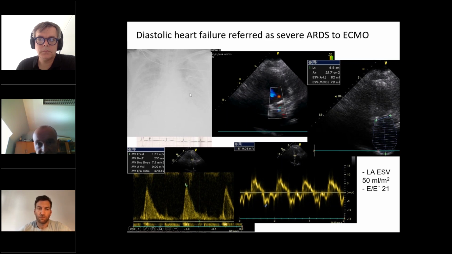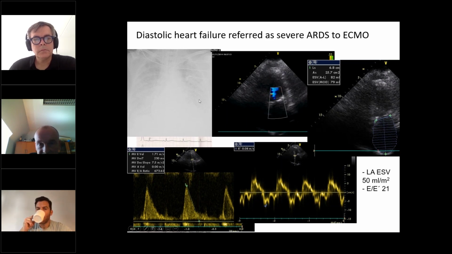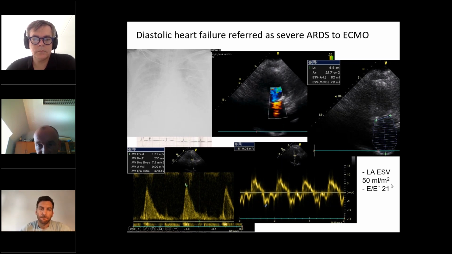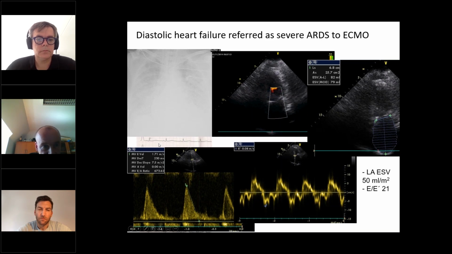For a lady of that size, that represents a significant dilatation, 50 mils per meter of body surface area. And when we looked at the transmitral Doppler, surprisingly, there is just an early filling with the deceleration time here. Due to the regularity of the rhythm, I don't see any A wave, regardless of the nice sinus rhythm. When I look at the early relaxation of the medial mitral annulus and compare the E